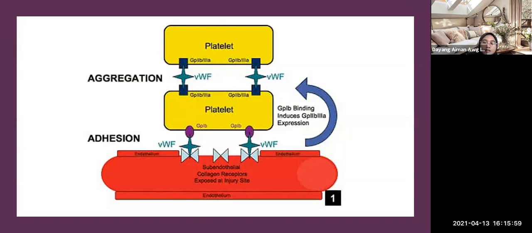Maybe you can see from the diagram. Von Willebrand factor will be released when there is a traumatic endothelial injury, which will activate platelet aggregation. Also at the platelet, there is von Willebrand factor that will further aggregate the platelets and activate the coagulation pathway. So when there is a deficiency, there will be continuous bleeding.